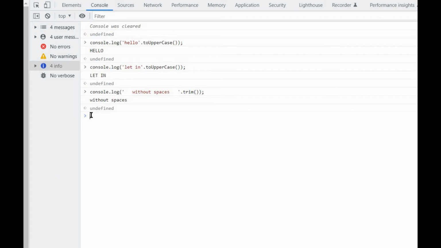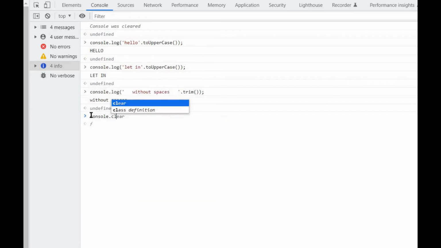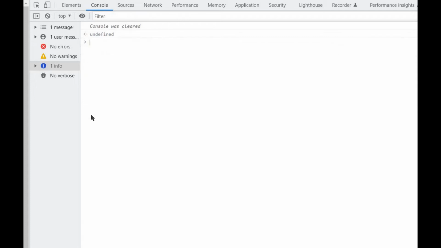Clear the space now with console.clear, enter, and the console is cleared. We've seen now with console log we can display what is between the parentheses, but